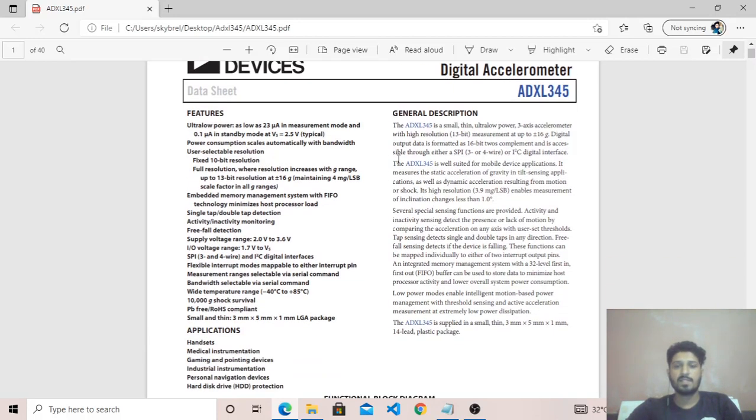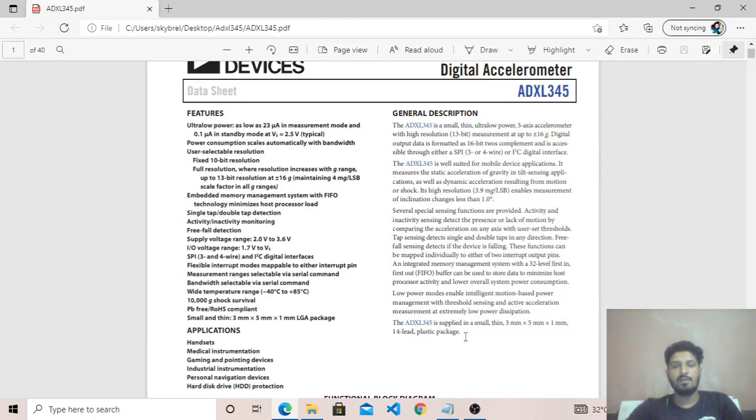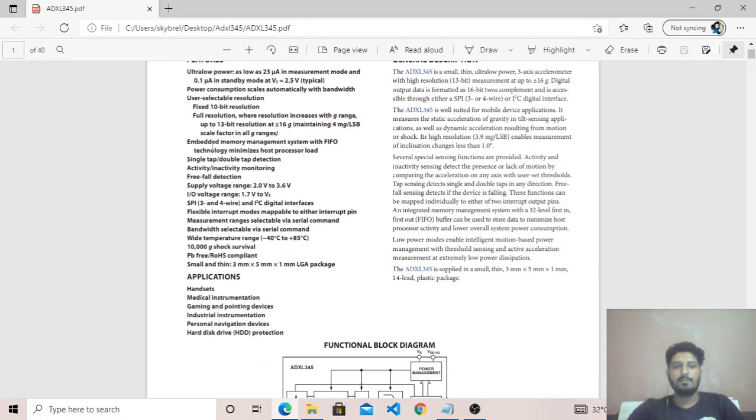Besides this introductory part, you can use this general description as the introduction of the ADXL module in your presentations. You can see there are many more features, like we can detect single or double tap, or monitor the activity or inactivity of this device.